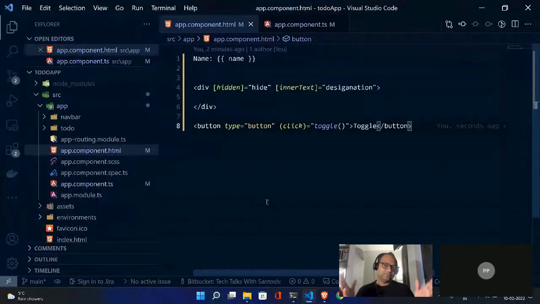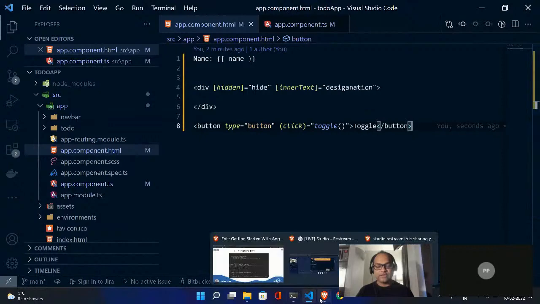So these are three important aspects of development. Here we are talking about two: writing the API and consuming the API. And out of these two, we are going to do one today, which is consuming the API. So what about writing the API? We don't have any API right now.